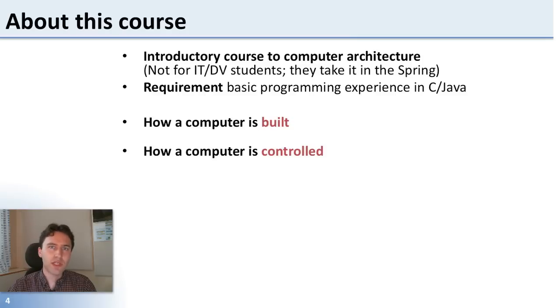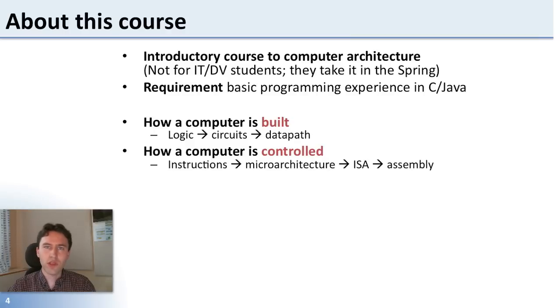There are two main topics that this course is going to cover: how a computer is built and how the computer is controlled. When we talk about how the computer is built, we're going to start off with logic, the very low level, then build those up into circuits, and then talk about how the data path is built. And the data path is where the actual computation goes on. When we talk about how a computer is controlled, we're going to start with instructions, figure out how the instructions influence the microarchitecture, talk about the instruction set architecture, or ISA, and do this all in the context of assembly